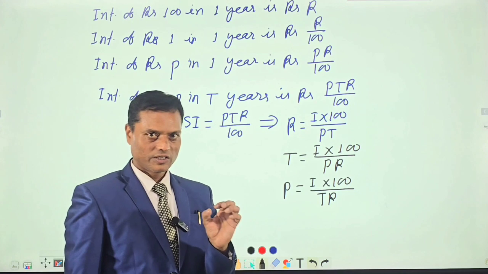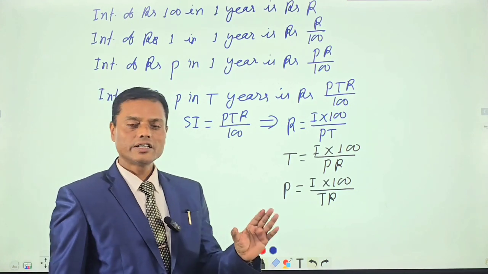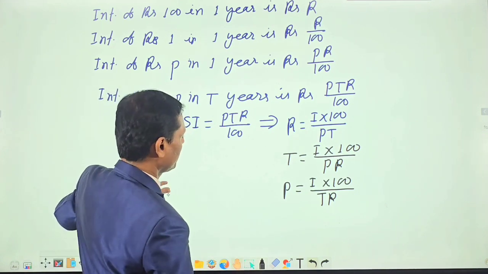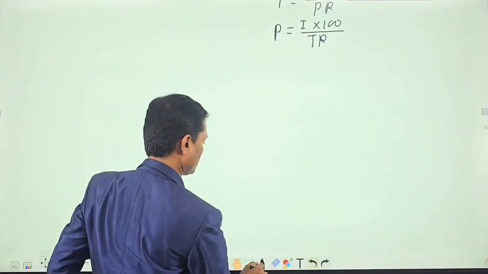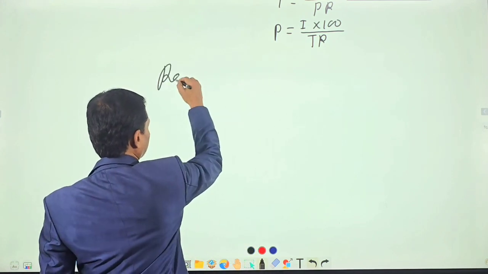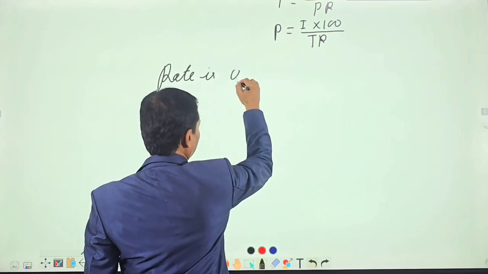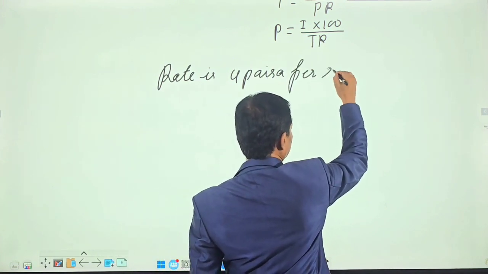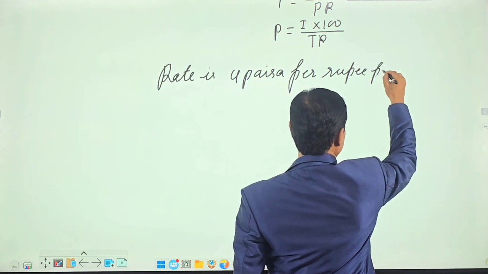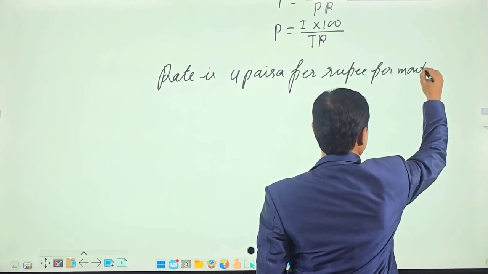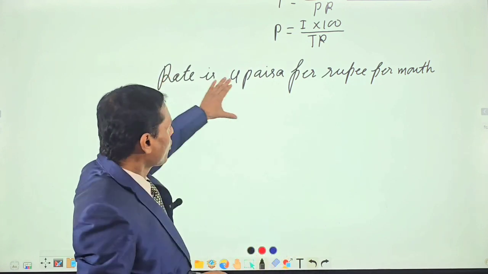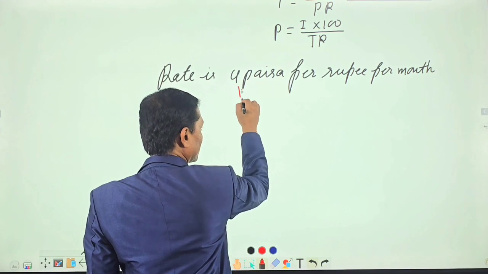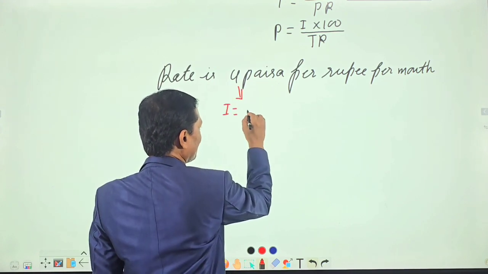So remember, one thing that I have already told you, if the rate is 4 paisa per rupee per month, then how to find the rate? Okay, so I'm just going to show you here. Interest, okay, rate is 4 paisa per rupee per month, isn't it? So rate is 4 paisa per rupee per month, right? So here, this is your interest, so I equals 4 paisa,